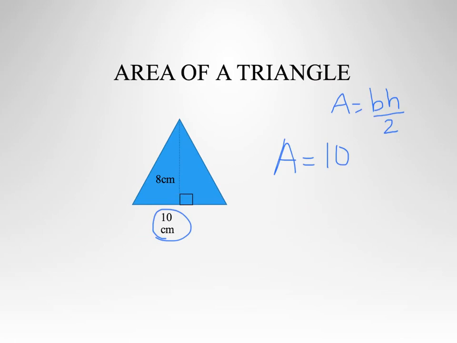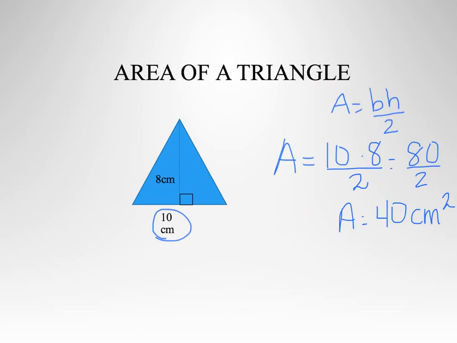So let's go ahead and do 10 times 8. And then again, remember, we're going to divide it by 2. 10 times 8 gives you 80. And then divide 80 by 2, which is going to give you an area of 40. And that's centimeters